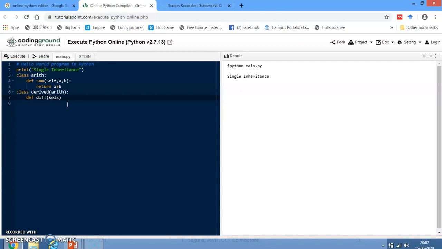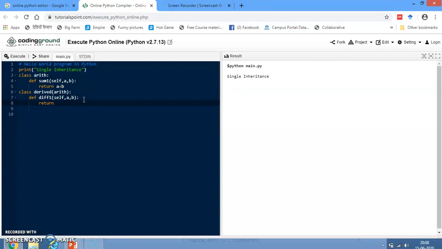The first argument, as usual, is the reference to the current object. The second and third are arguments for the operation.